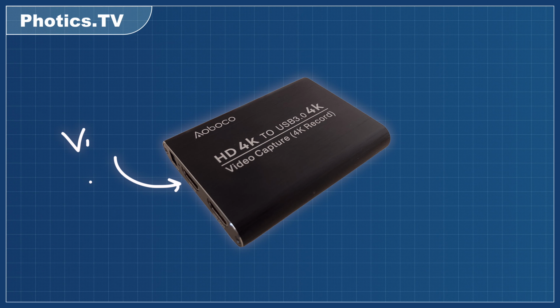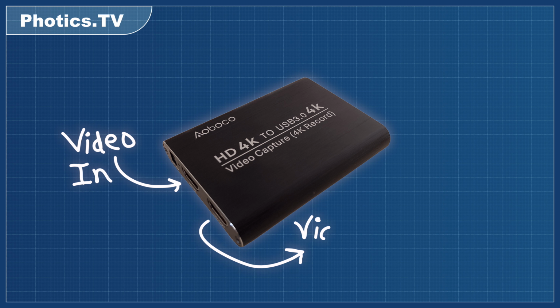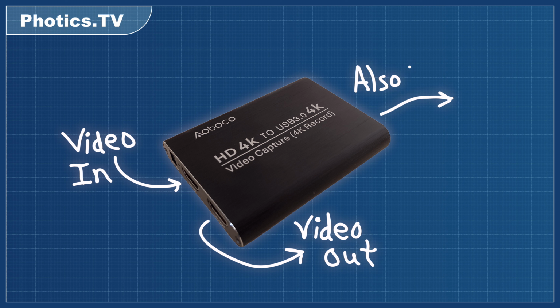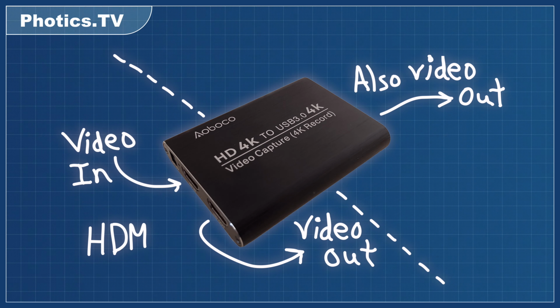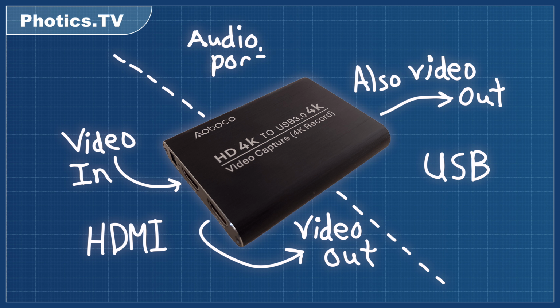An important question to ask yourself is if you want to split and duplicate the signal. One video out connection could go to a monitor, while another could go to the computer. If that's something you want to do, then it's important to choose a video capture card that can handle it. Since this particular card was so cheap, I thought I could manage without it. But that second video out option was quickly missed. That's why I haven't quite given up on my other video capture device.